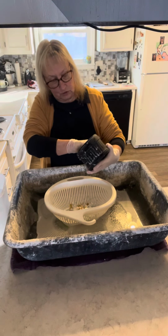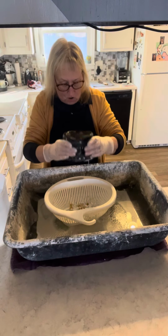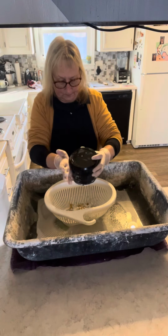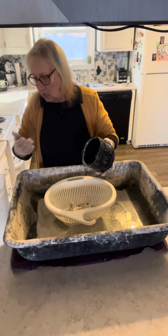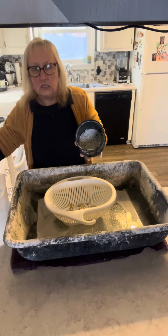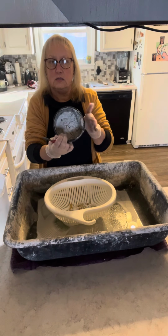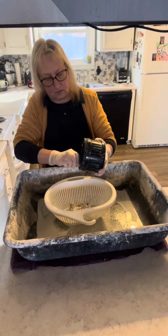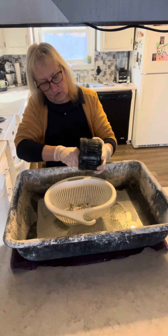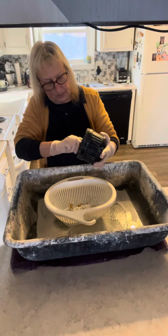That way when I go to do a project, if I have a certain color that I want, I don't have to dig through all of them. I've got them kind of sorted by color. So these are stuck, if you can see in there, they're stuck to the side, that silt that has gotten the edges of the glass smooth. It forms almost like a clay. It's very strange. So I'm just going to dig it out of there with this little butter knifey thing